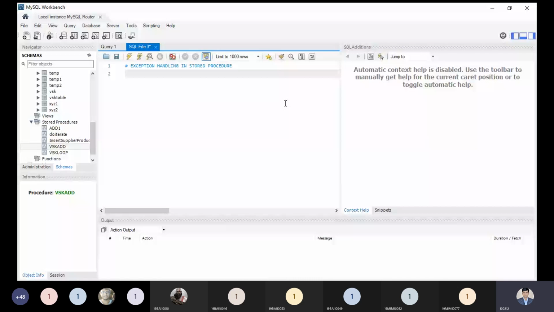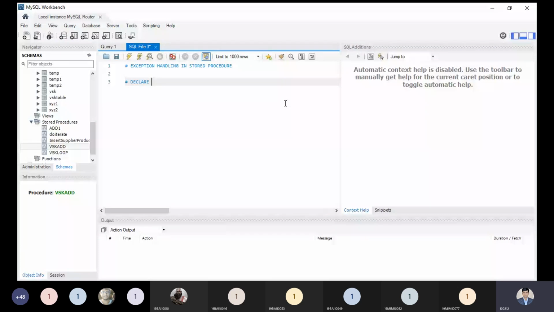In MySQL, we can say exception handling in stored procedure. So we have a topic that is known as exception handling in stored procedure. So declaring a handler, how can we declare? Rather than writing the theoretical concept over here, let me give some idea in a syntactical way, so you can learn more detail about the syntax. So how to declare the handler?